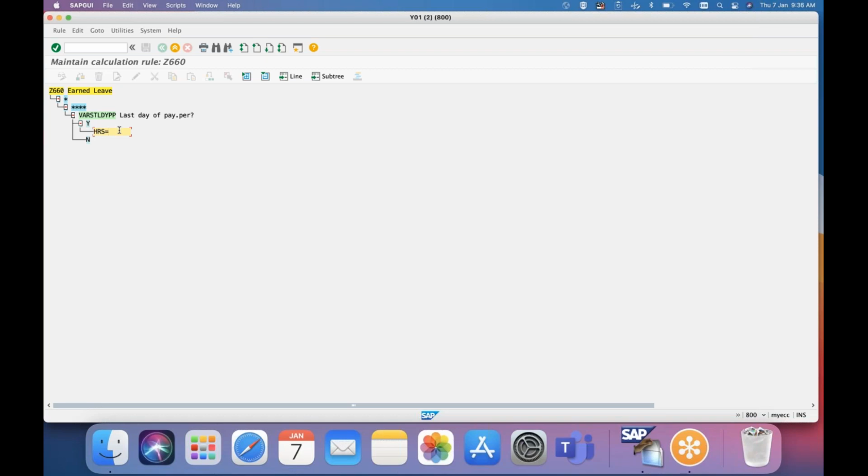In payroll we have AMT to store amount, NUM to store number, and RTE to store rate, but in time evaluation we have only one field called HRS. Don't think HRS is hours. HRS is an operation to store some value in the HRS field internally within the PCR.